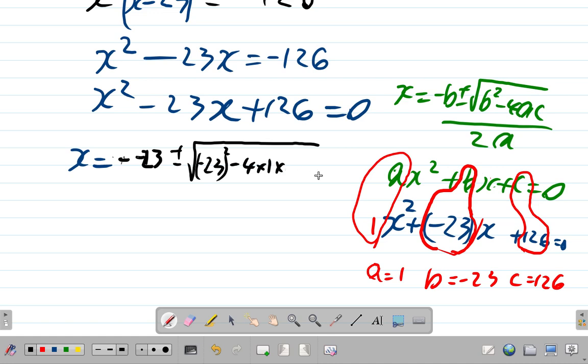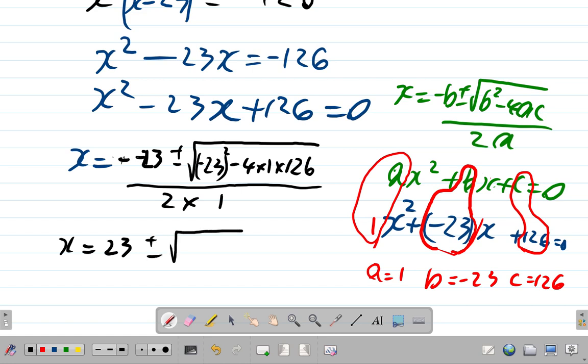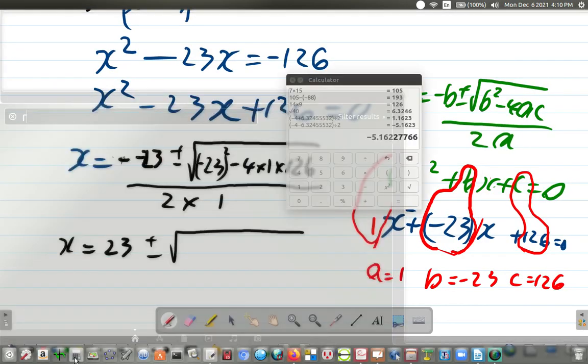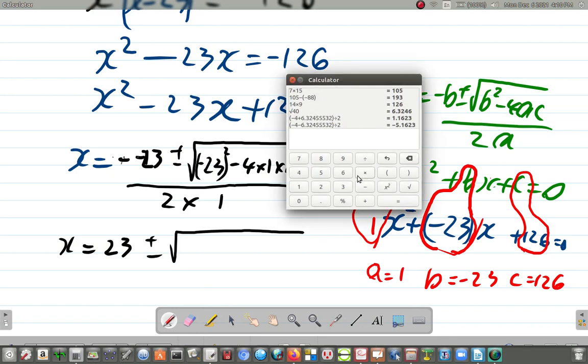4 times 1 times c. C is 126, all over 2 times a. A is 1. Alright, so let's work with this. x is equal to negative 23, which is a positive 23, plus or minus the square root of b squared. Negative 23 squared is going to give you a positive, because it's negative times negative. So here we're going to have negative 23 squared is 529, or you could have said 23 times